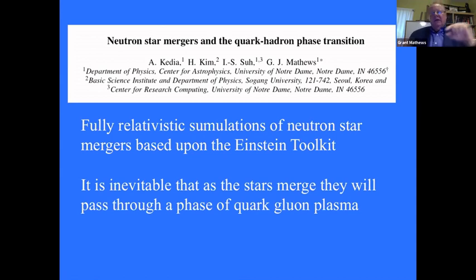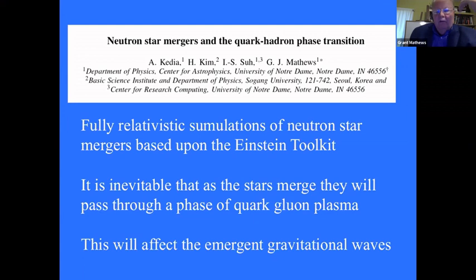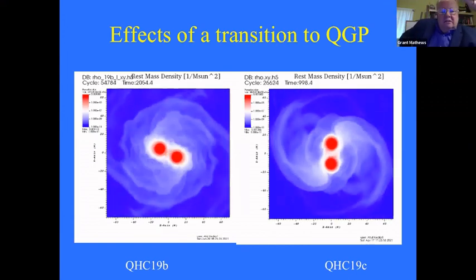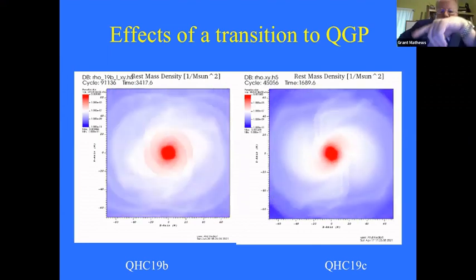One of the unique aspects of binary neutron star mergers is that as they go down to the black hole, it's unavoidable that they will pass through the transition to a quark gluon plasma. And the question is, is there an observable effect from the formation of this phase of matter that we barely can form in heavy ion collisions, but here's a unique laboratory to explore it. What we are seeing, although it's preliminary results, but I want to show them because I want to reference our own work. This is an example of two crossover quark hadron transitions.